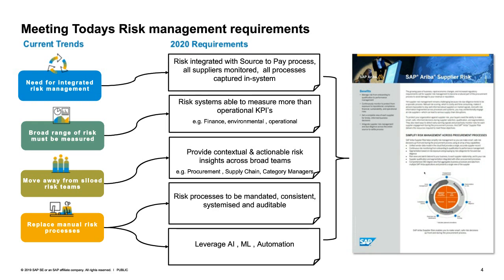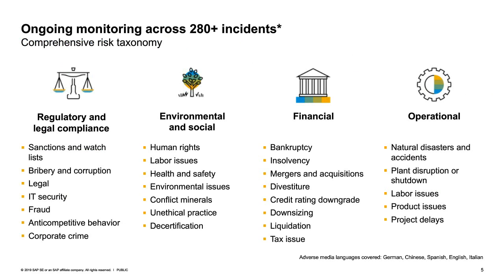I will do my best to field a few of these, Sanad. So the first thing, it looks like there's a couple of questions around the source of the data and some of the things that you showed. Could you maybe elaborate a bit on the source of data that SAP Ariba is using in some of this risk categorization? Yeah, so we leverage a partnership with Semantic Vision.